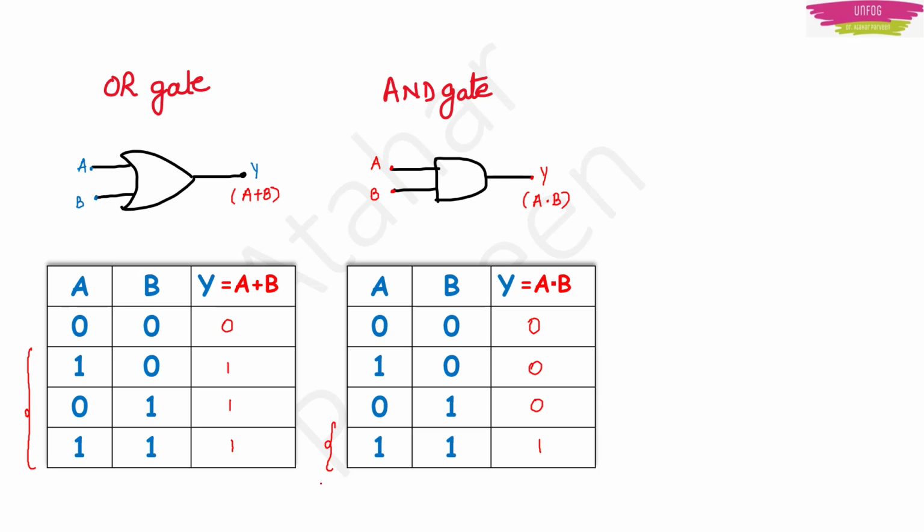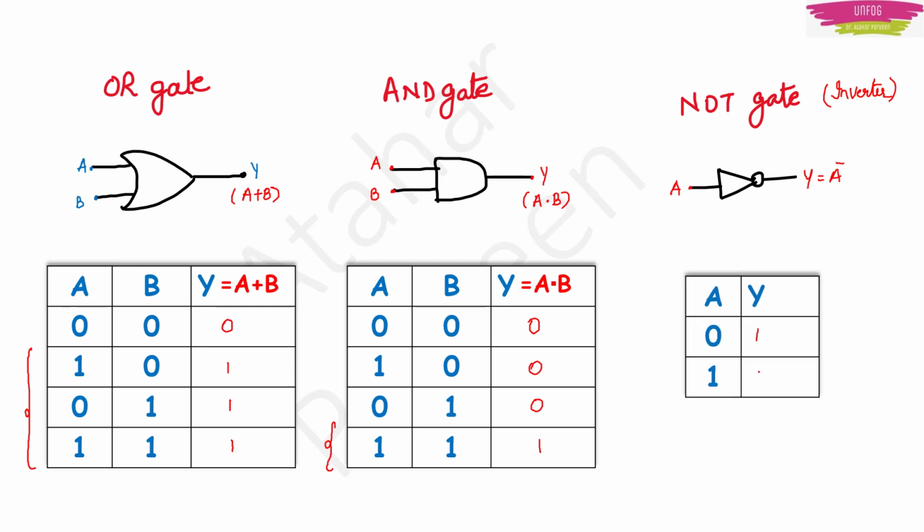Now coming to the next gate, the NOT gate. Because this performs a complement, it is also known as an inverter circuit. This is the symbol. It has one input and one output. So we don't need the variable B here. If you have input A, your output will be A complement. If you have input B, then your output will be B complement. So if you want output as 1 in a NOT gate, your input should be 0. And if your input is 1, your output will be 0, because it gives the complement of the input.